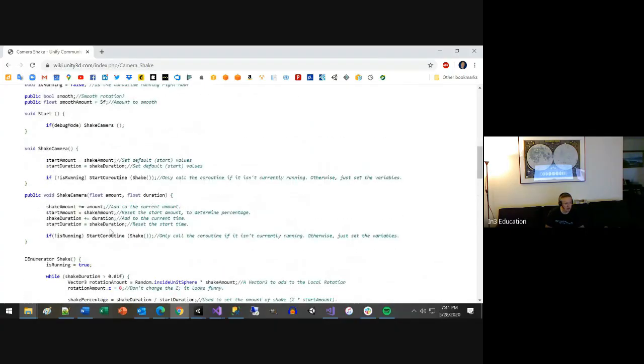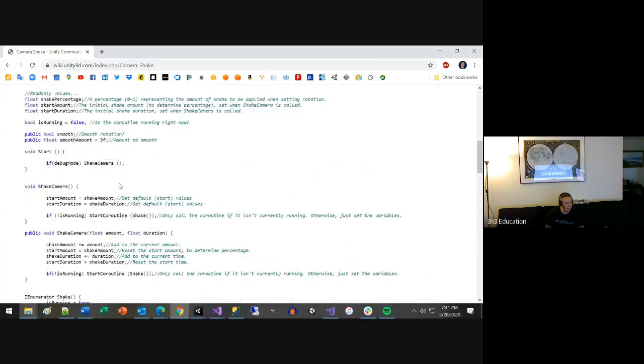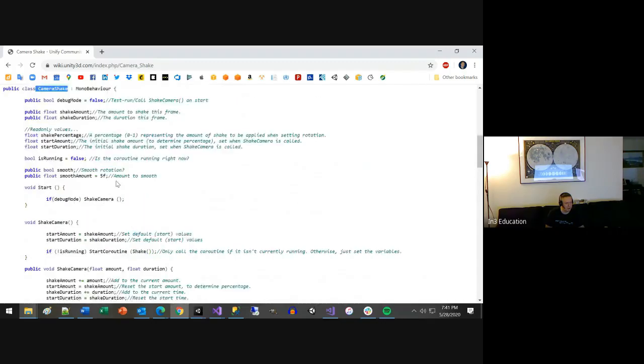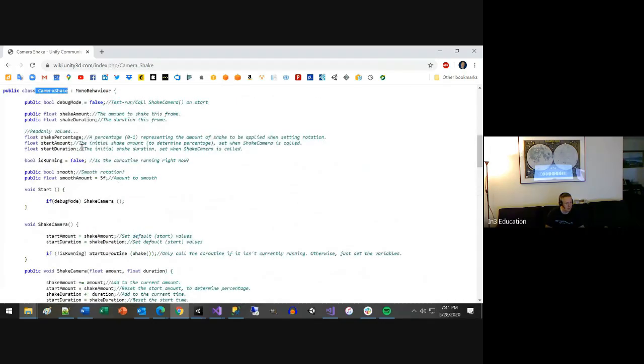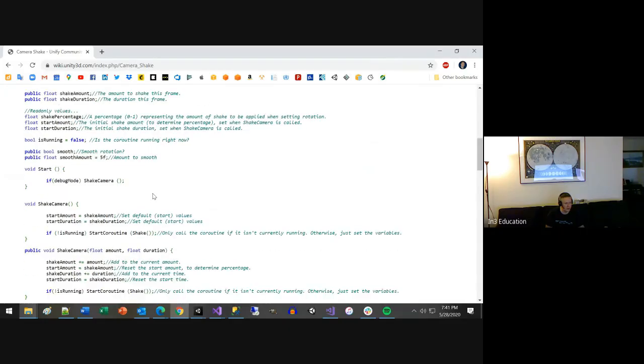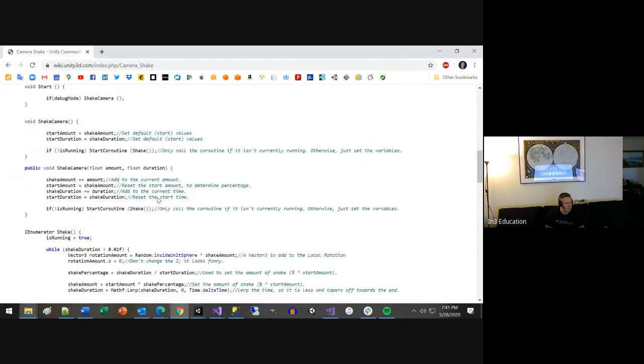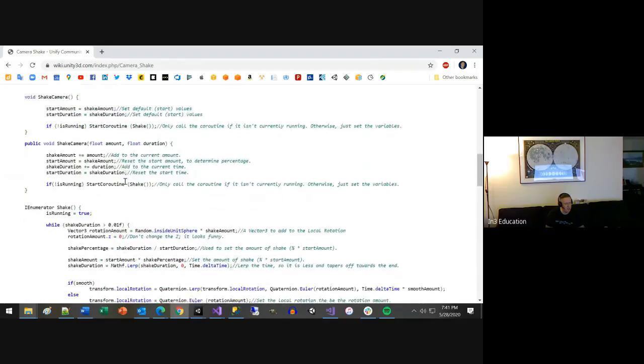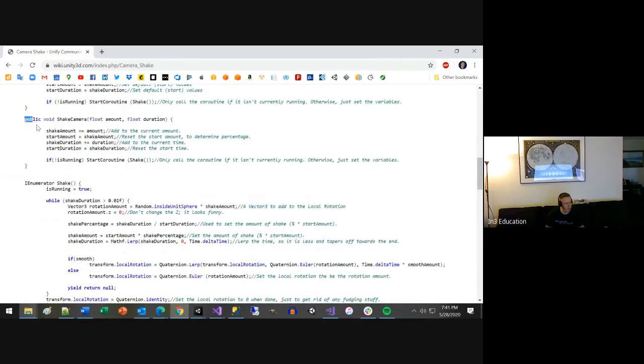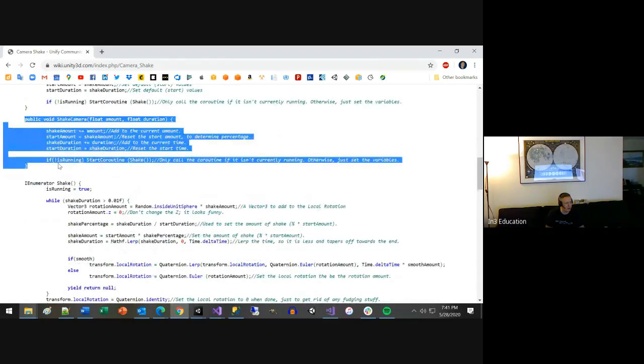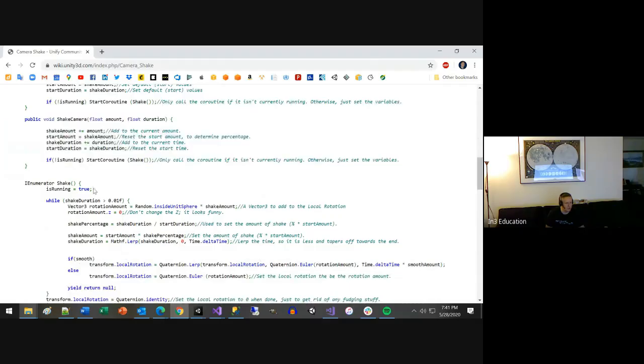This particular class is pretty well commented. This person has put a code comment pretty much every single line, so you can see exactly what's going on. This is our magic function here, the shake camera. He's using a coroutine, the shake coroutine, which